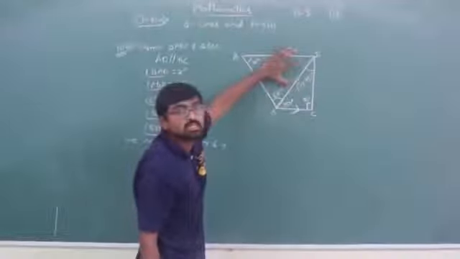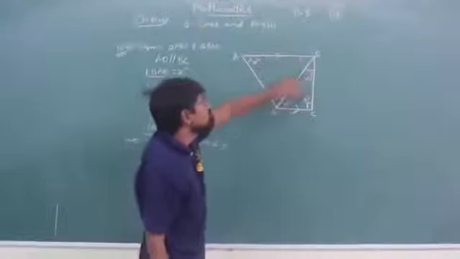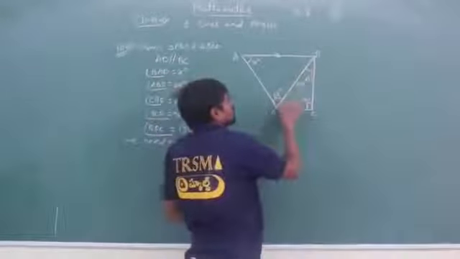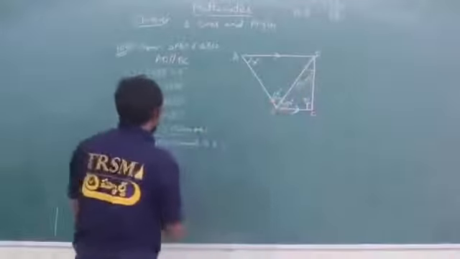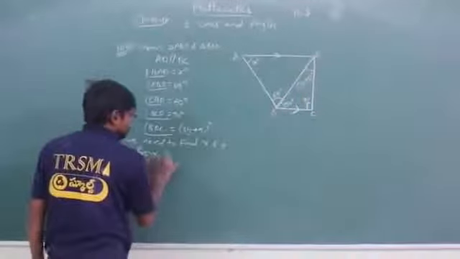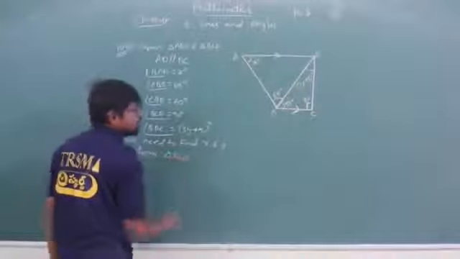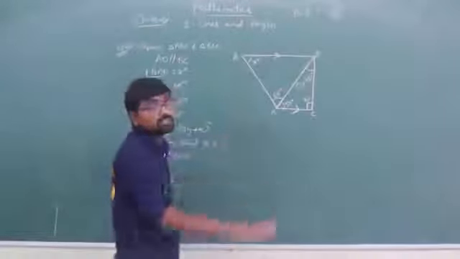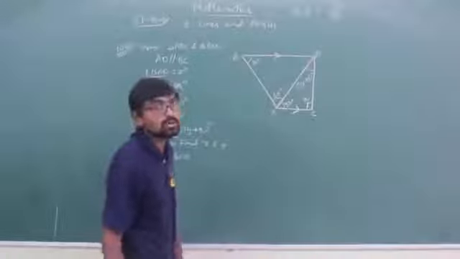Three angles have been given. So now these whole three angles have been given, na? So here we are taking triangle BCD. From triangle BCD, sum of interior angles of a triangle is equal to 180 degrees.